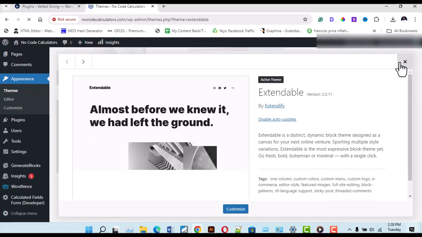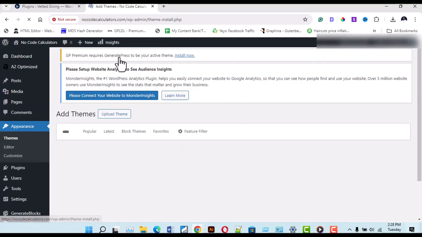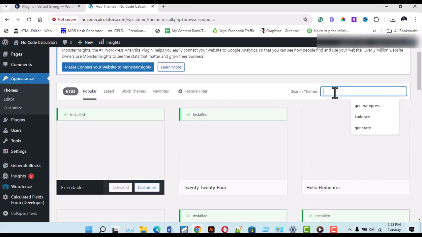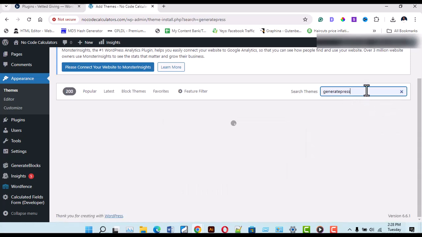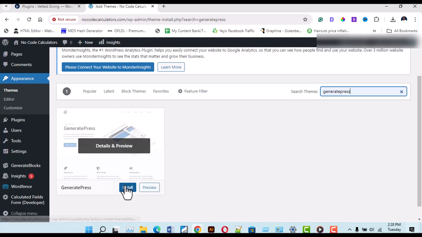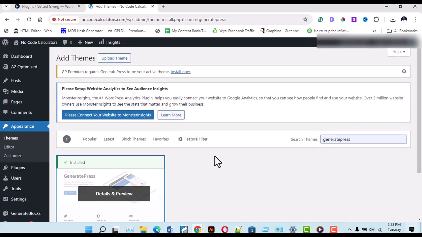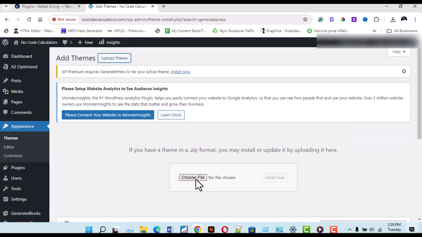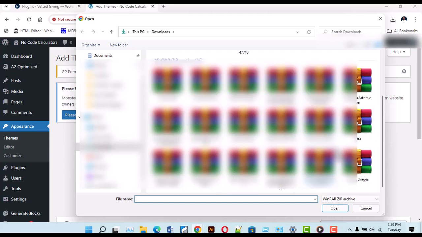So first I need to install GeneratePress. And then I need to install the child theme of GeneratePress. I'm not going to be using just the main theme. I need to use a child theme,